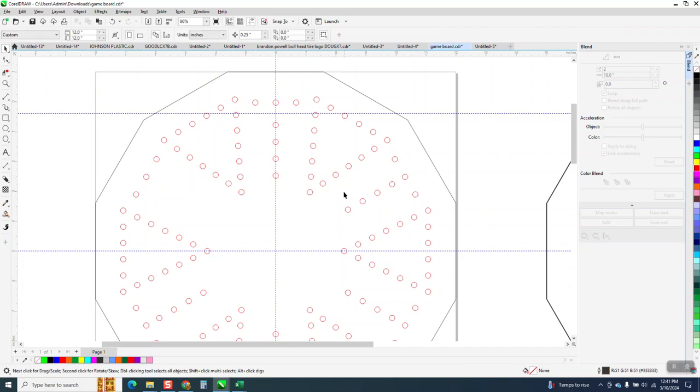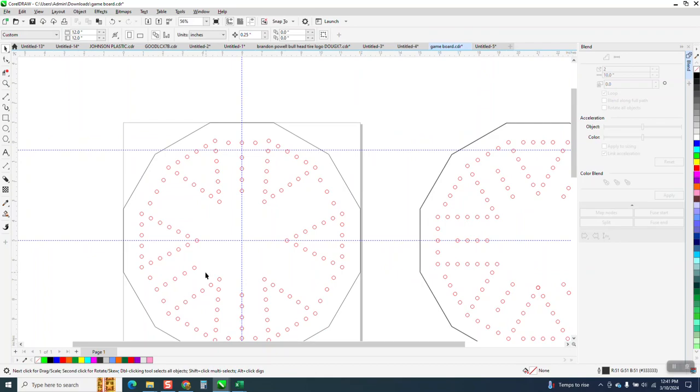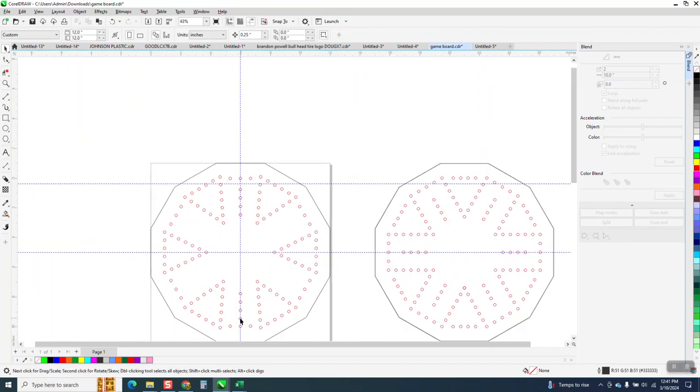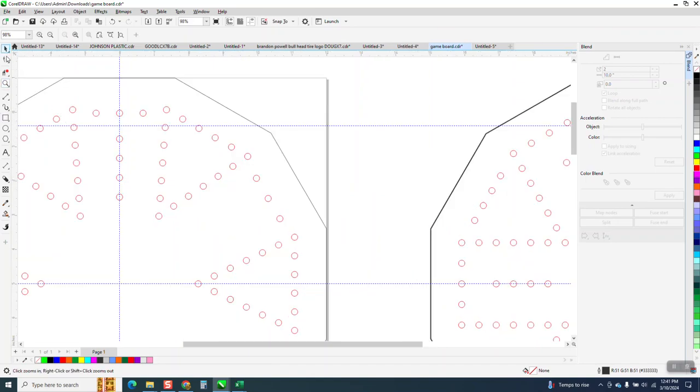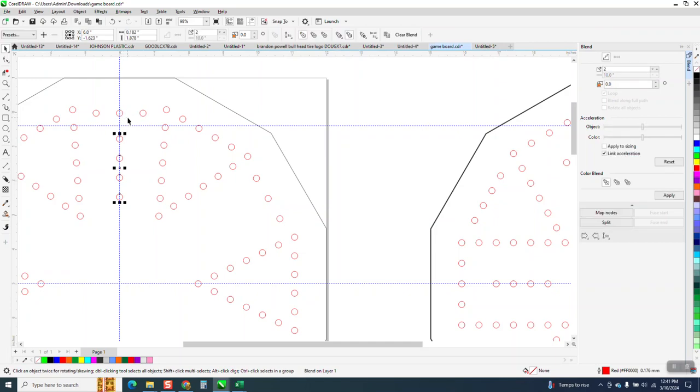See, that might be one of my problems. I did not break the blend apart. Whoop, I don't want to delete that one. So we've got it done. Now I'm going to grab, it's real hard to try to grab those. Well, what we can do is grab all those and shift select that one off, group this together, Control G,